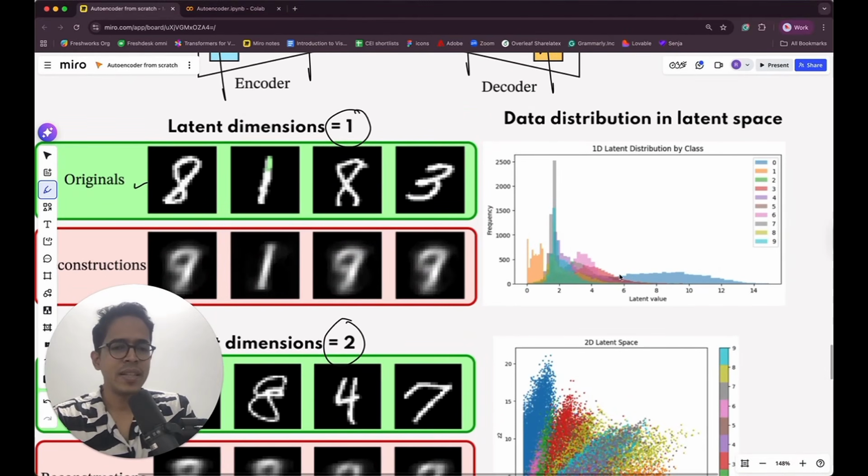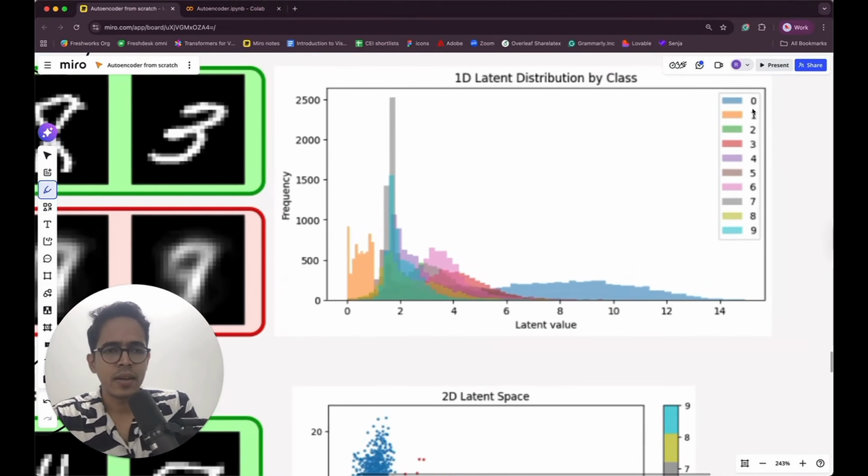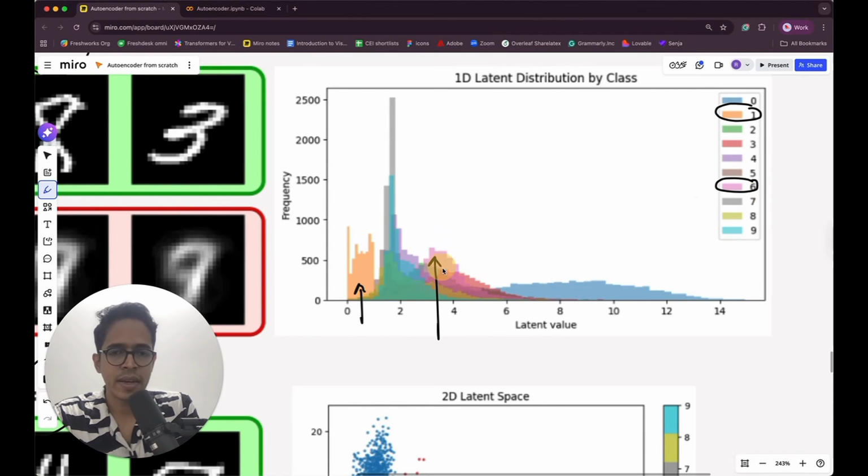So you can see that there is some grouping. Different digits are grouped in a histogram to different latent values. So a digit like this one, a digit 1, is being represented using a latent value whose average is close to 0.5 or something. A digit like, what is this pink color? Pink is 6. A digit like 6 is represented using a latent value whose average seems to be like 2.7